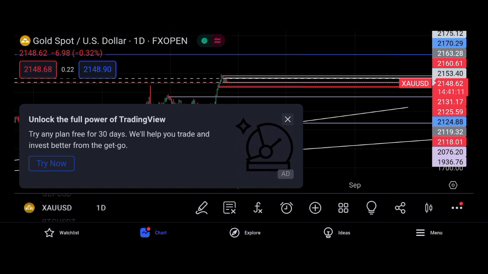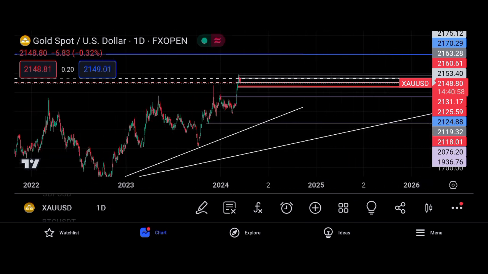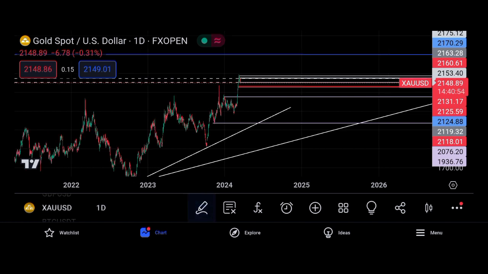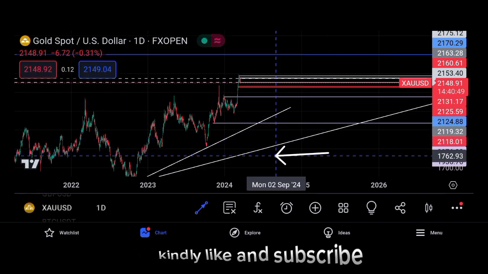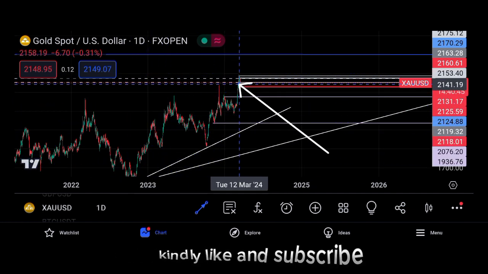So this is XAUSD. So guys, this is currently the daily time frame. Now why I zoom out to the daily time frame is just to see, okay, what are we currently expecting in the long term. So now if you watch, guys, this is the daily time frame, like I said, and as you can see, guys, we are bullish, right? We have been making higher highs, right? We've been making higher highs.